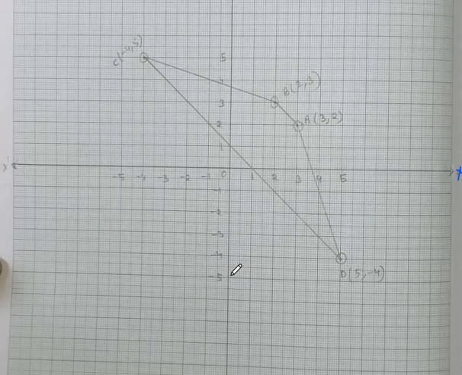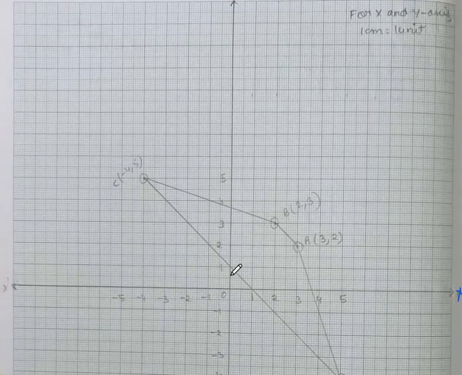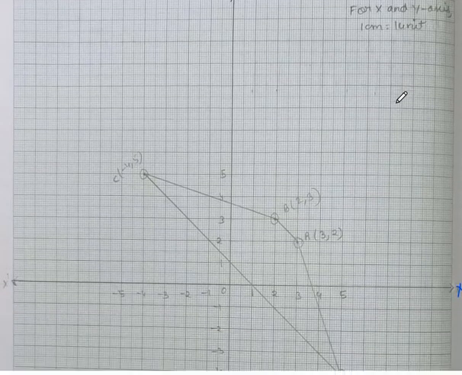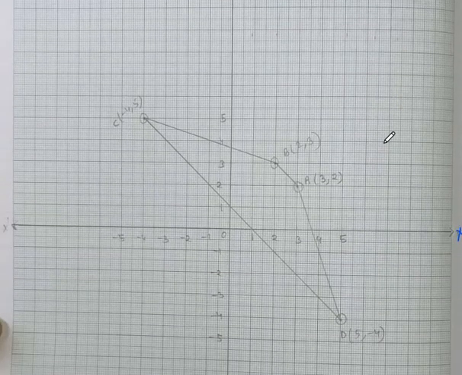Now the first point I have to represent is A, 3, 2. Before that, in this corner you must write scale. Below that, for x and y axis, 1 centimeter equal to 1 unit. Now represent the first point. 3, 2. X is 3. From origin you can count till this much will be x. X is 3. Y is 2, positive. So go up. Here you can locate the point. This is your first point. Circle it. Must do that.